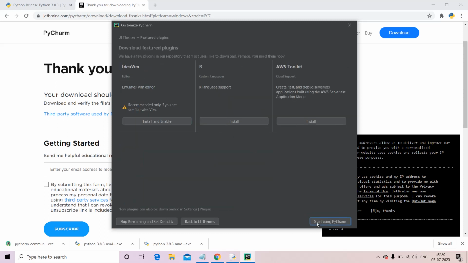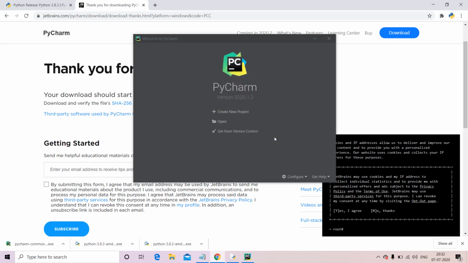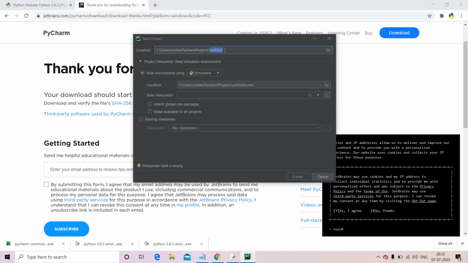Then start using PyCharm. Remember guys, PyCharm does not give you any magic techniques to do your Python project. It just provides an easier way than other editors, okay?